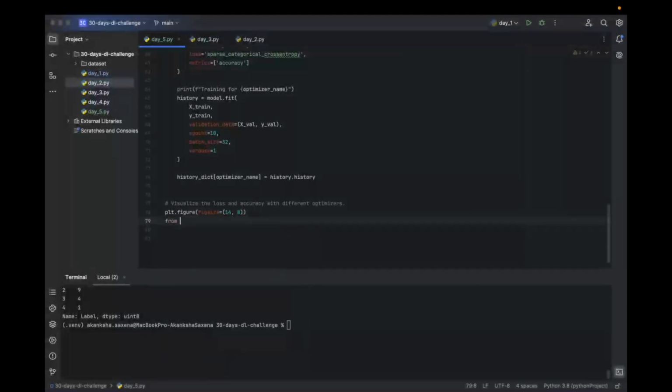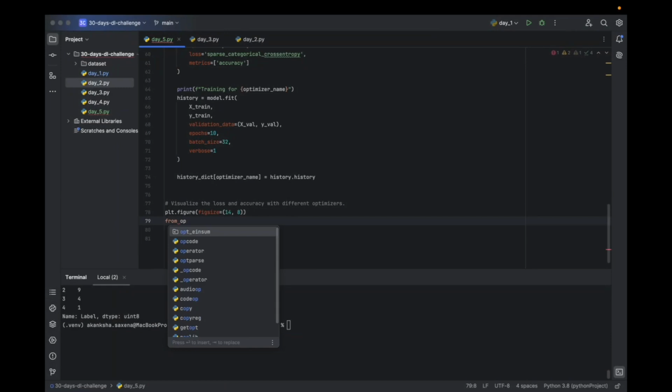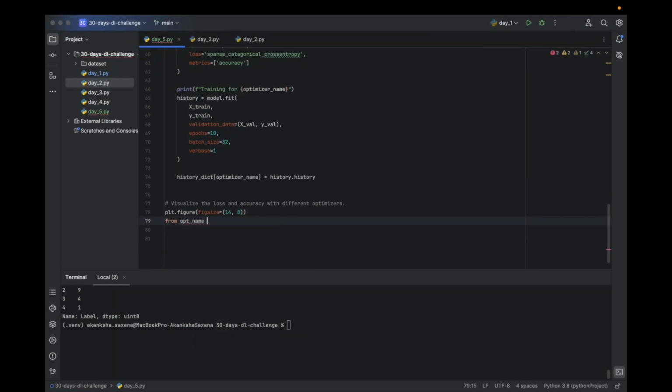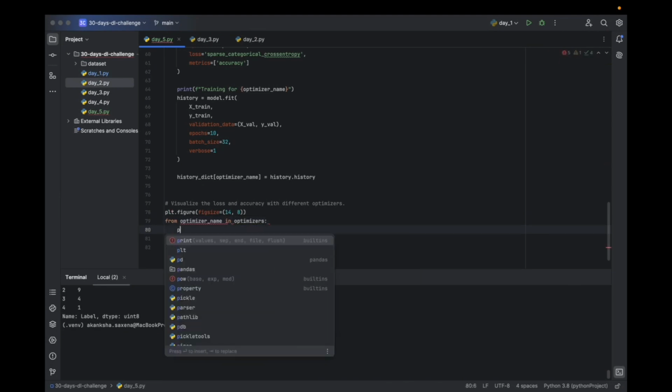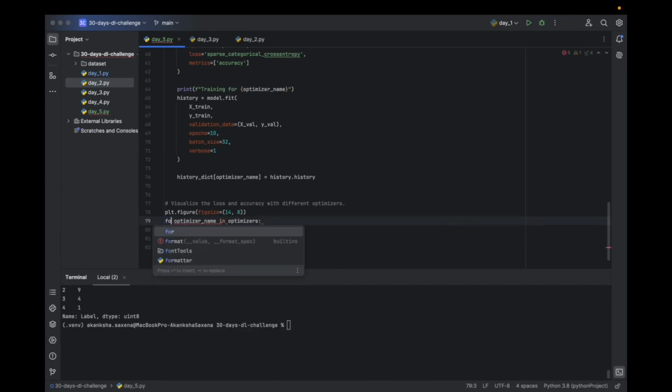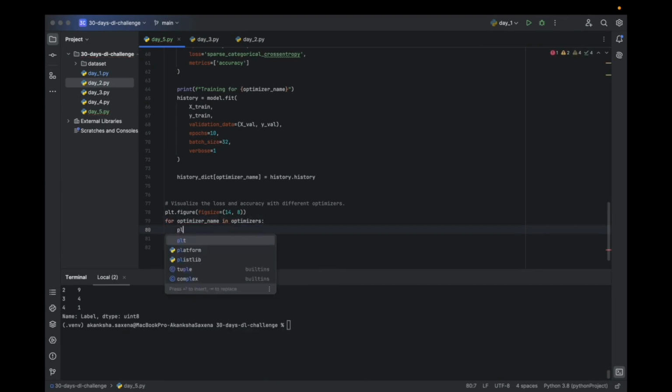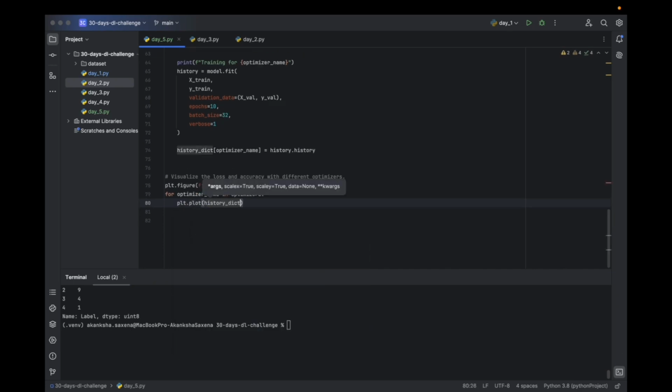Now we will iterate through all the optimizer names. So it is going to be for optimizer name in optimizers, and we will do what? Plot. We will plot the history dictionary for this optimizer name,